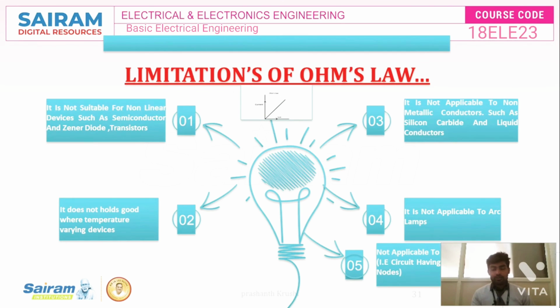And also Ohm's law is not applicable to circuits having more number of branches and more number of nodes. Only when one resistance and one power supply are there, we can calculate the power consumption or current flowing through that particular equipment. For that, we are having the next session. We'll discuss KCL and KVL. To overcome these limitations, we have KCL, KVL, and then some theorems also in the electrical engineering subjects.